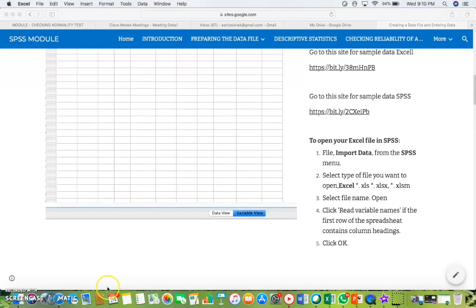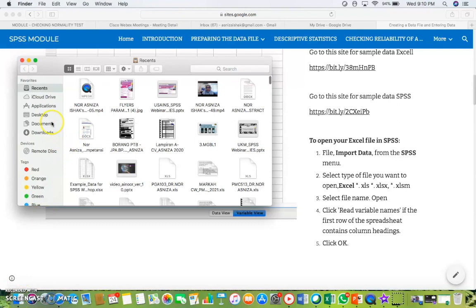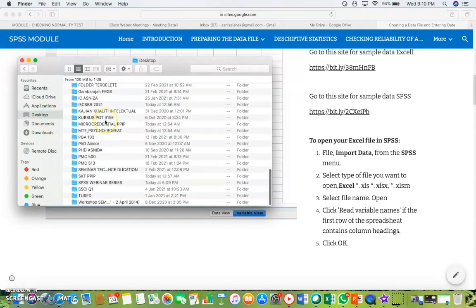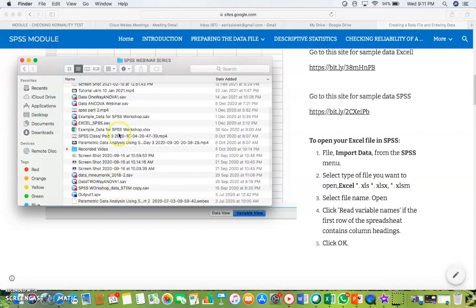Right, so let me show you one example of an SPSS file.